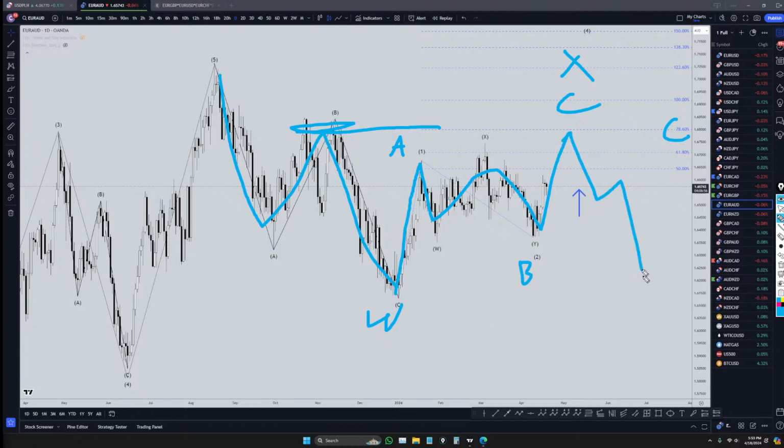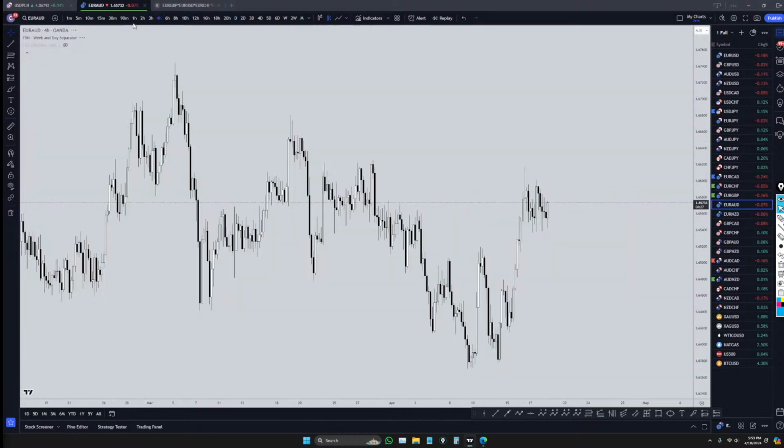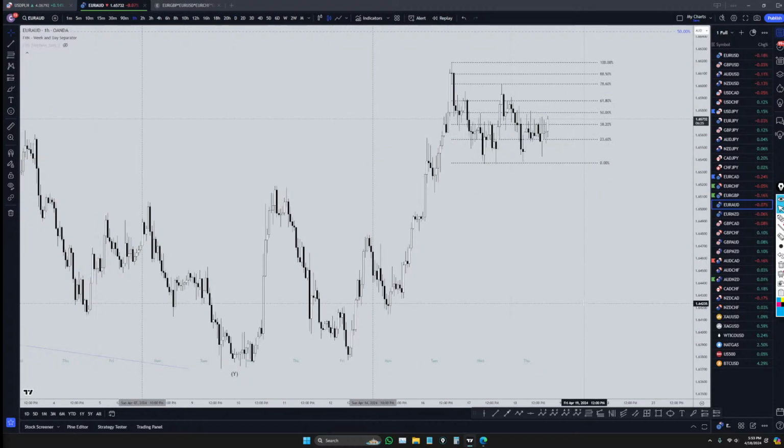We've spent quite a bit of time analyzing the Yo Aussie, Yo Kiwi, Pound Aussie, Pound Kiwi during one of my live stream Zoom meetings just recently. I don't think this 1, 2, 3 count is correct anymore. I think it's actually an ABC. I could probably get rid of it because it doesn't look like a 1, 2, 3 anymore. It looks like an ABC to the downtrend. And actually, there's a few members in my group that have pointed this out too. Glenn and a few other people pointed it out, and they're probably absolutely right.